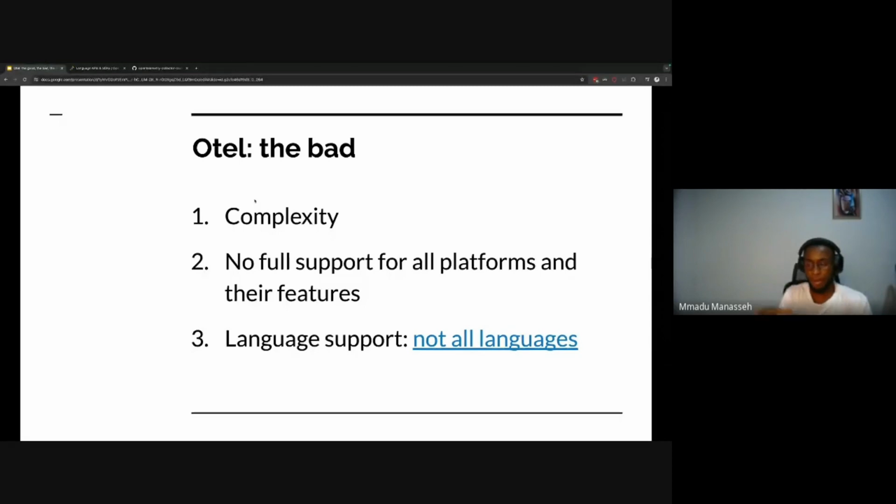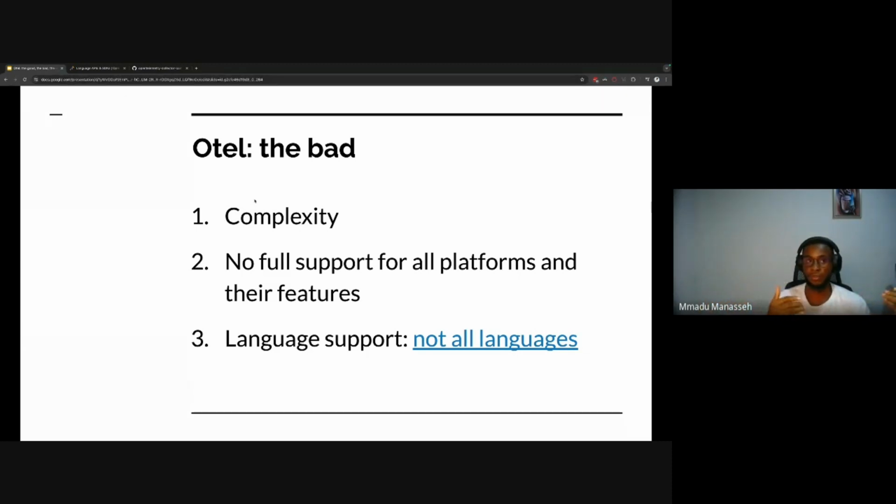And even among the platforms it has support for, that's another interesting thing, it doesn't have support for all the features that the platform provides. I don't know if this has changed, but the last time we were experimenting with Otel, we had an issue with Datadog tracing. The way Otel exported the Datadog traces was not the same way the Datadog library exported its own traces.